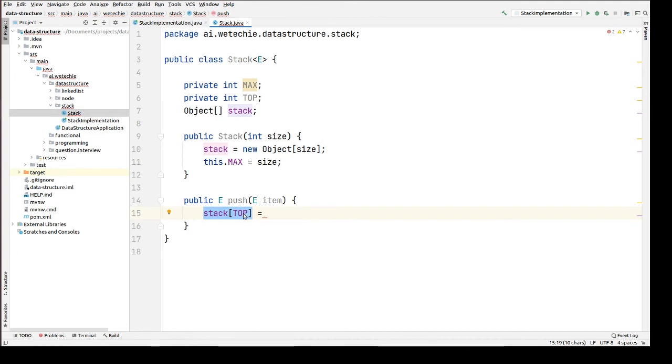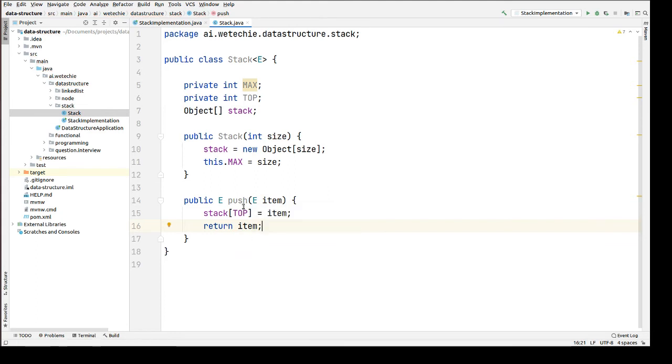So right now top value is 0, means we are adding something into the zeroth index of the array, which is item type, and then we are returning the same to the caller method. So return item.